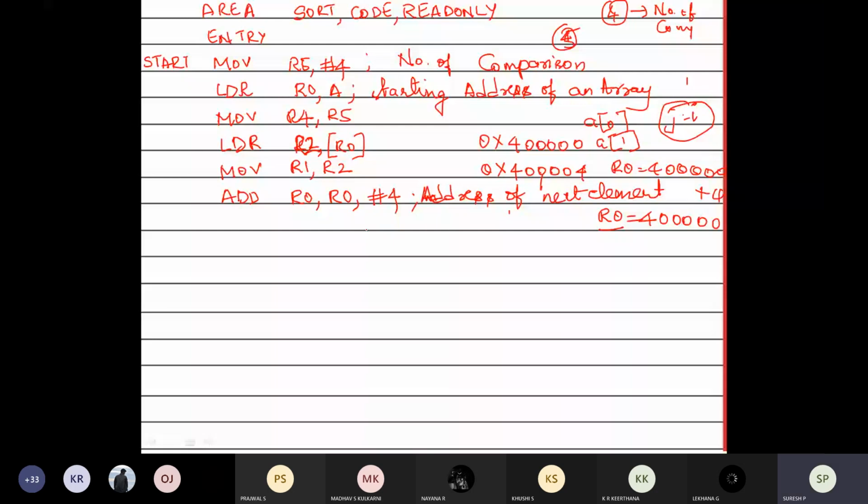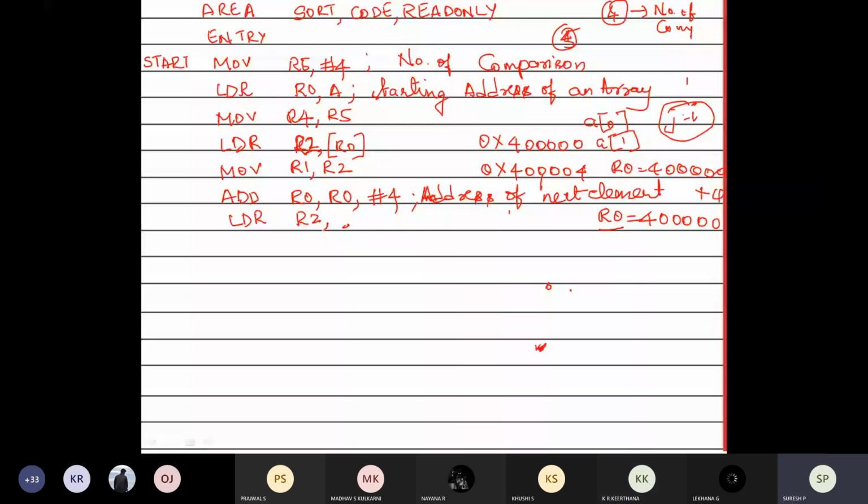To fetch the data from the memory location to the register, which is the instruction? Load. Yeah. So LDR R2, R0.